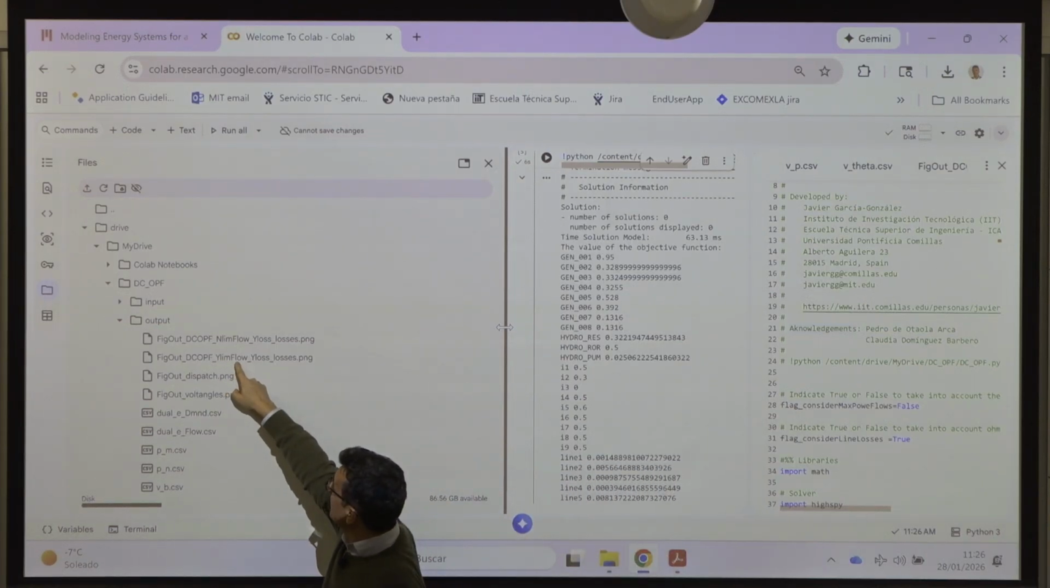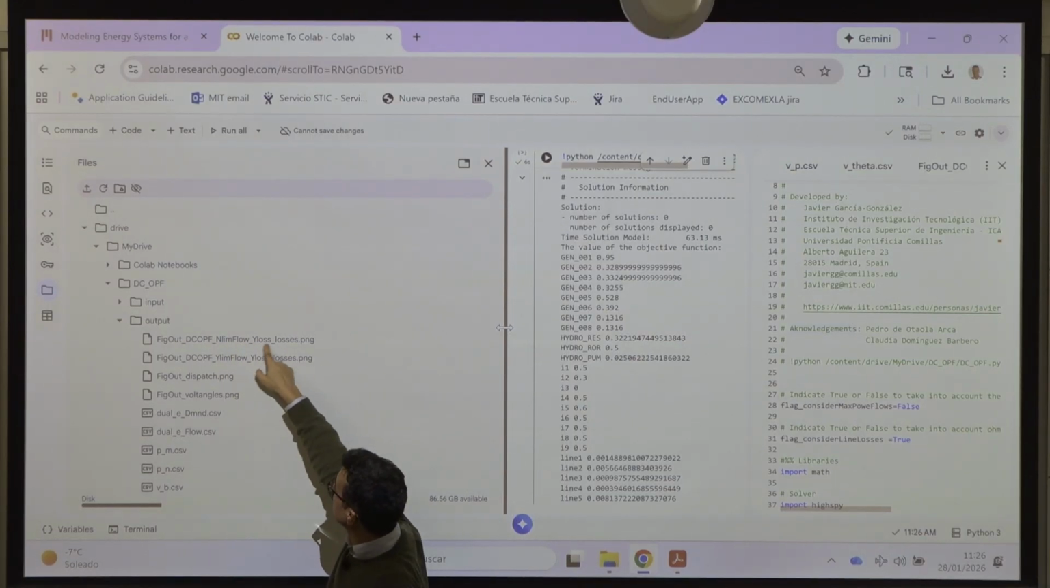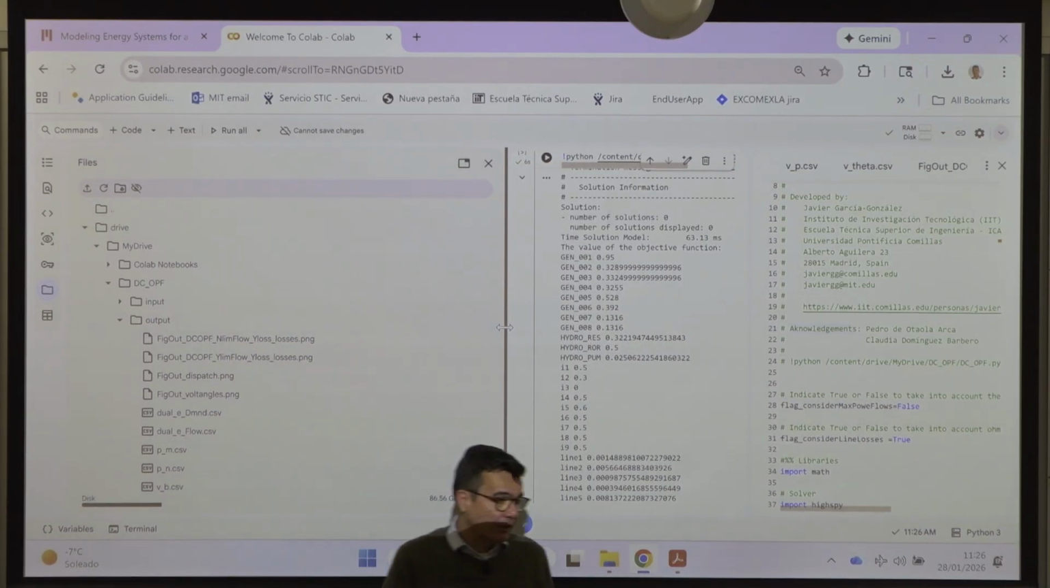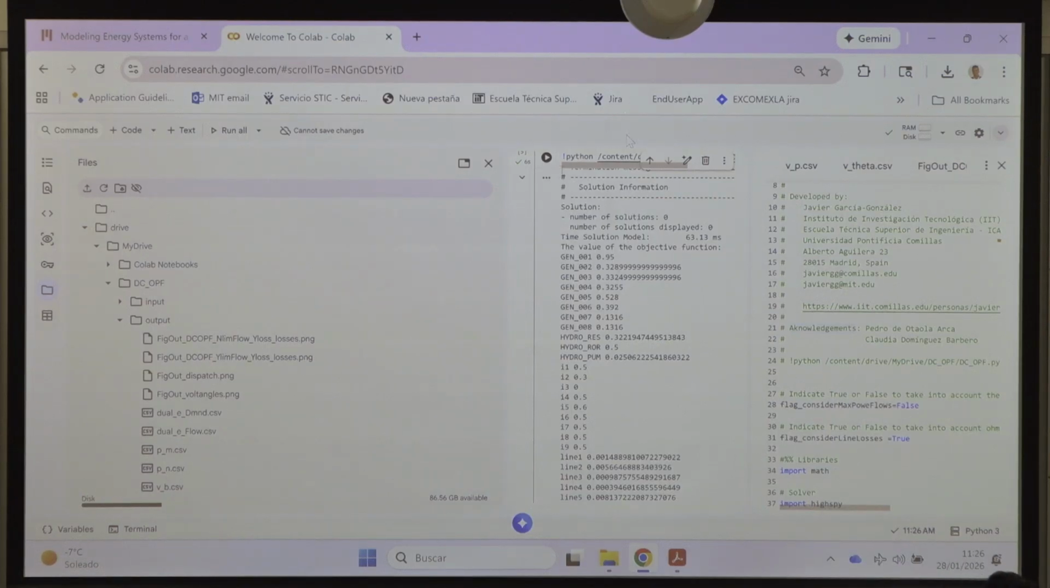Yes, I'm considering flows, yes, I'm considering losses. But now I don't consider limit flows, and yes, I'm considering losses. So I have this new result, okay? A new figure. If we see this figure,